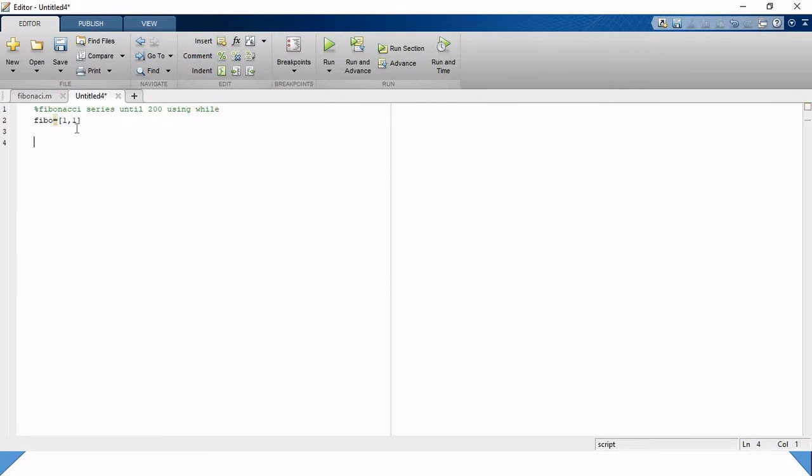Then after, we are going to write our while loop. While Fibo(end), it means the last value of Fibo, is less than 200. Okay, that's what we want, right? At that time, what is the statement?